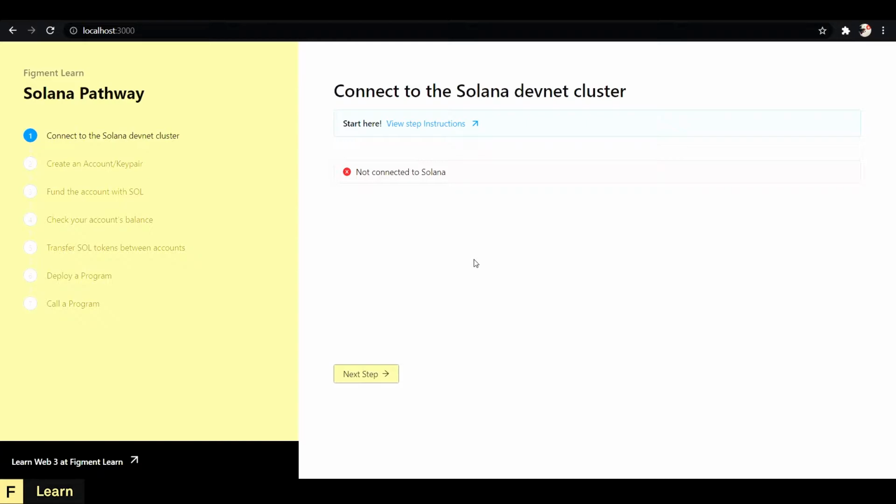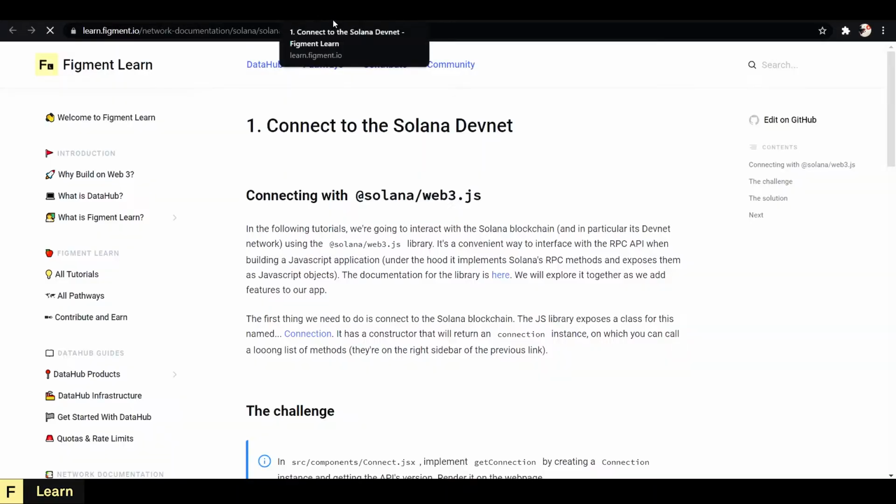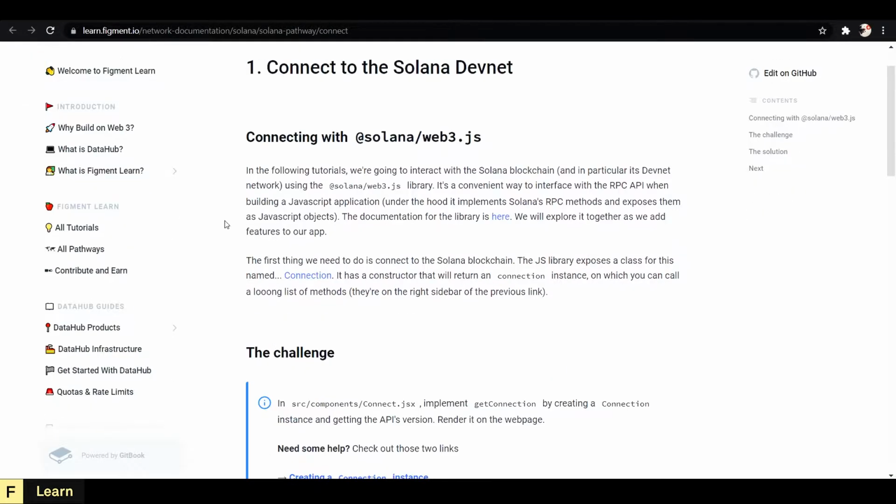Step 1. Connect to the Solana Devnet cluster. In the blue rectangle here is where it says Start Here. We want to click on the View Step Instructions, and this will open up another tab with the instructions for that step. Connecting with